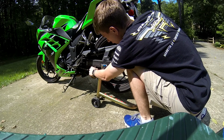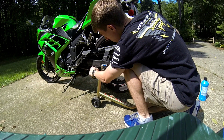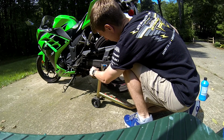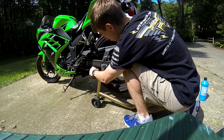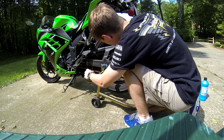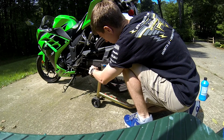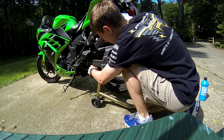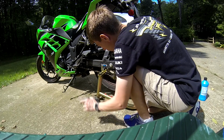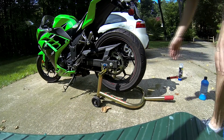Try not to get as much on the tires. It's not going to burst into flames if you get some, but once you got the kerosene all over it,